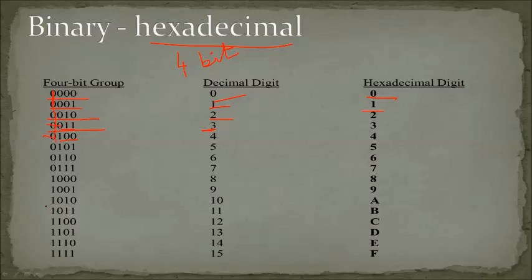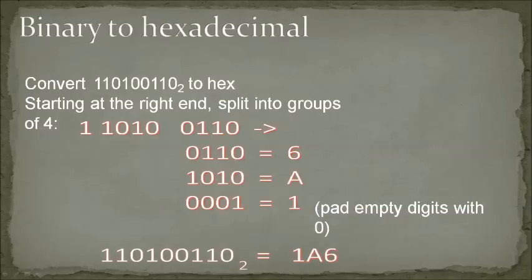And the next one is 1010. When it becomes 10, you cannot use 10 directly. Instead of 10, you are supposed to write only A. Let's go for an example. Converting a binary value to a hexadecimal value. This is a binary value. Whenever you get 1010 or 11, it becomes binary to hexadecimal.